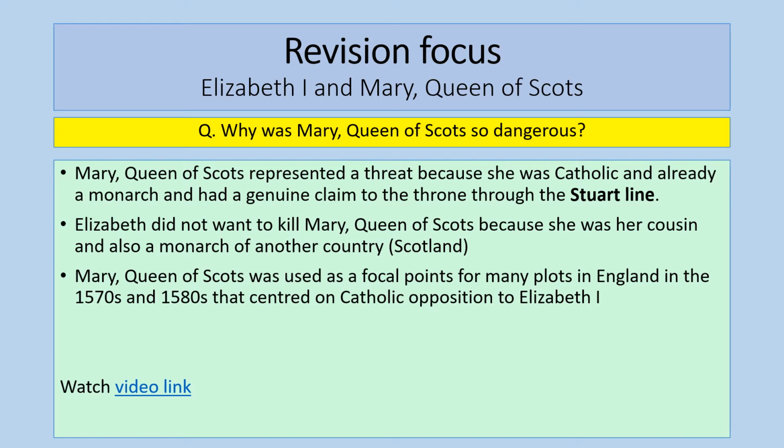And Mary Queen of Scots, although perhaps she didn't organise all these plots, was a focal point for these plots in England in the 1570s and 1580s. And that's one of the reasons why, as soon as Mary Queen of Scots returned to England in 1568, she was kept in various castles and fortified houses in England, mainly in the north, in places that are away from the coast, so places like Derbyshire, for example, Yorkshire. She was kept away so that she could not be a threat to the rule of Elizabeth I.